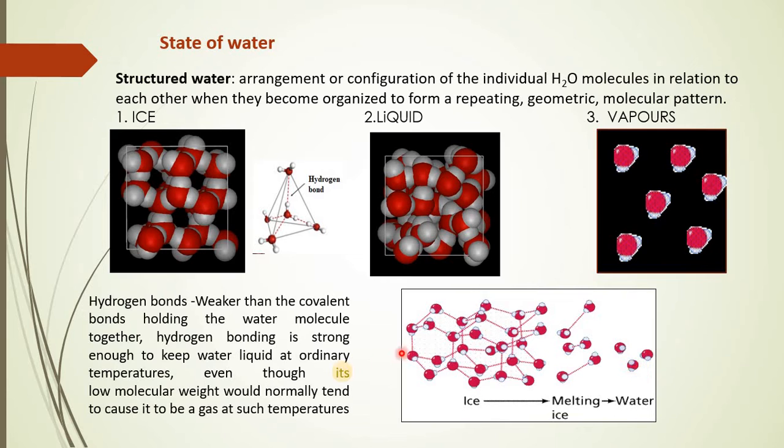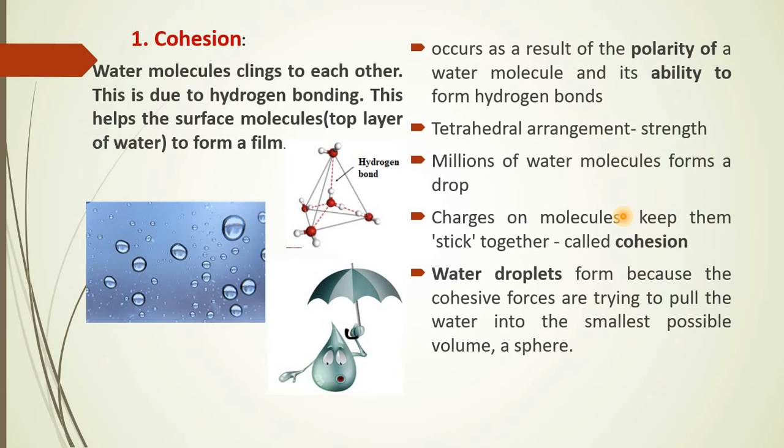Thus we can say that the hydrogen bonds present in the water molecule are responsible for keeping the molecules either condensed close together, forming an ice-like structure, or slightly apart, giving rise to the formation of liquid, and when they are totally apart or segregated, they give rise to the gaseous state of water. Now we'll see the properties one by one.